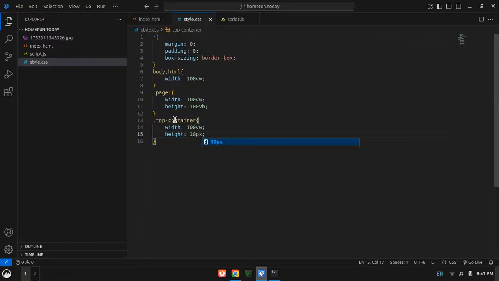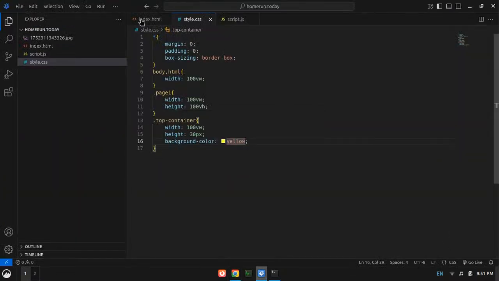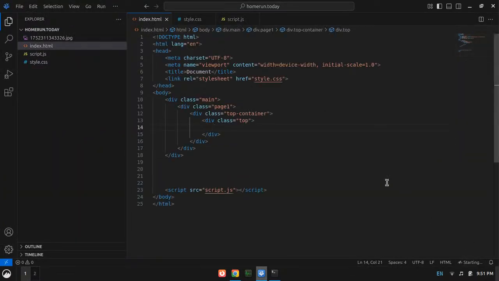What would be the height? Maybe 30 pixels, and let's give it a background color of let's say yellow to see the bar. And okay, I have to hit go live. And yeah, there it is, the bar. And yeah, maybe 30 pixel is okay.